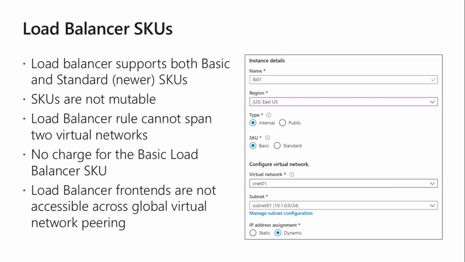Say your application is running in VNet 1 and your database is running in VNet 2, and you have made a peering between them. Now your application is communicating with the load balancer which is present in VNet 2 that may be present in South India, but your application is running in a US region, and you have made the peering in between. So your application cannot communicate with the load balancer present in South India for the database server load balancing process. So you cannot communicate with that.